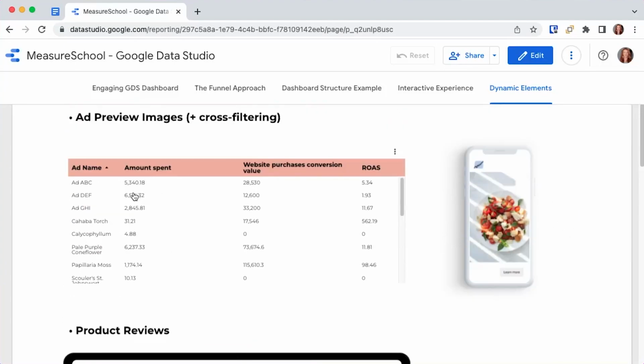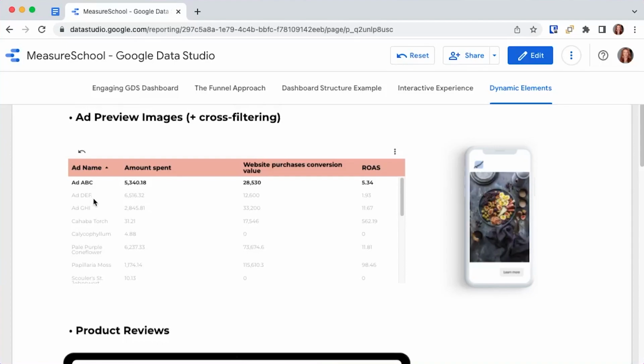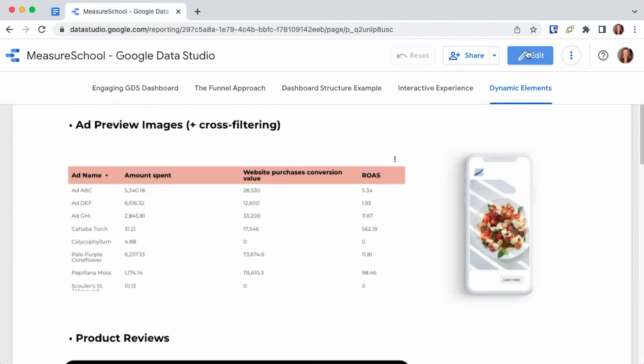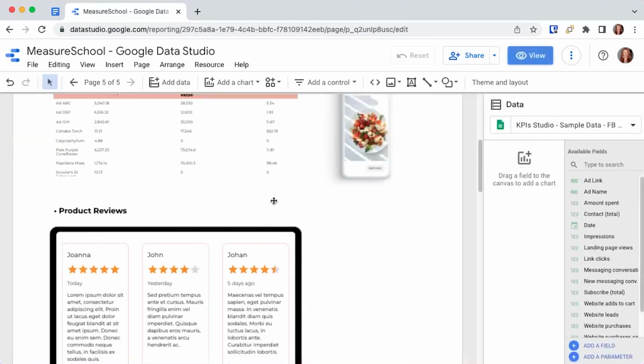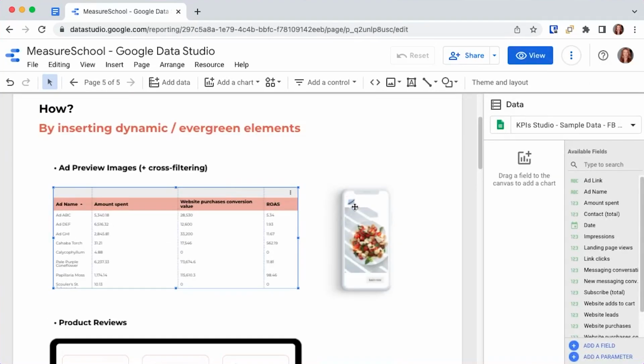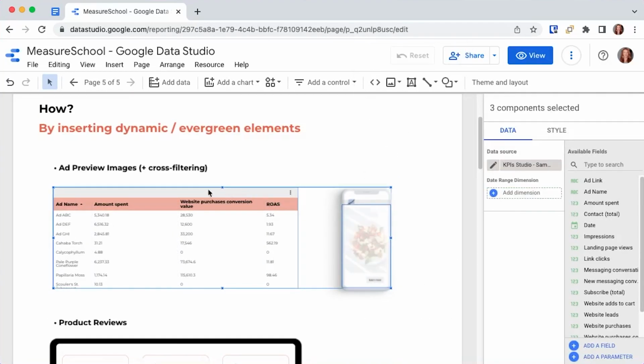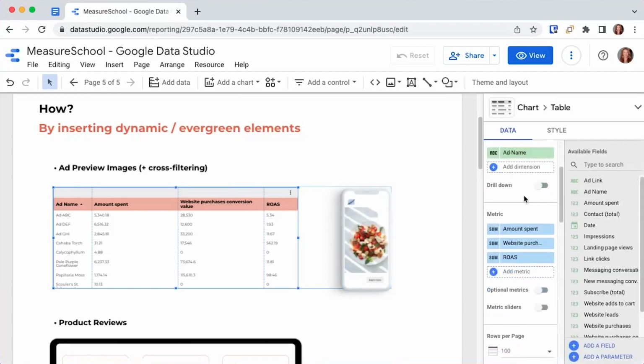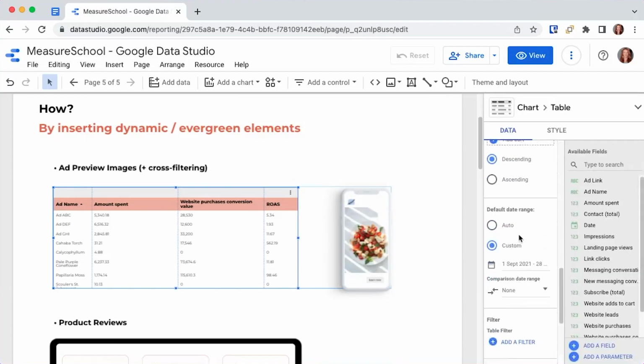Mix it with the interactive cross-filtering that we talked about earlier, and you have a playful way for the user to see what image generated the highest ROAS, for example. How can you do this? Again, we go into edit mode, we select both of our tables and we group them. And then we go at the table level, we scroll all the way down as we discussed in the previous step,